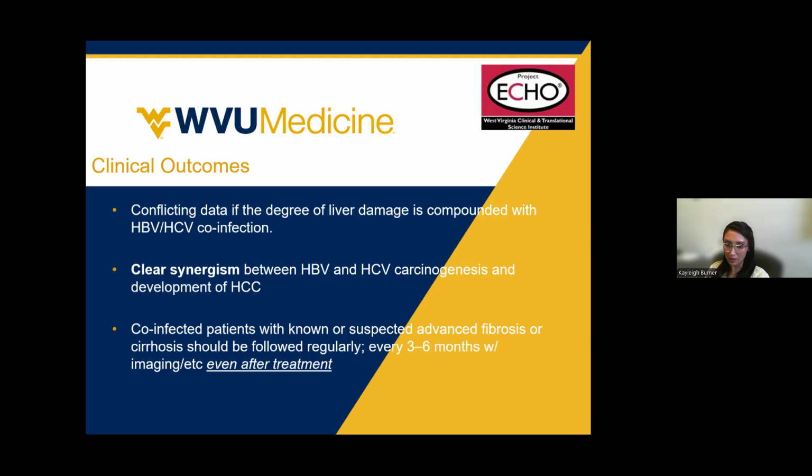If you have Hep C co-infection and active Hep B replication, then you're going to have twice the risk of HCC and a much higher increase in mortality compared with inactive Hep B. That's because of the X protein and Hep B oncogenesis, which supercharges the development and progression of liver cancer. So again, bottom line, if you have co-infected patients with known or suspected advanced fibrosis, or